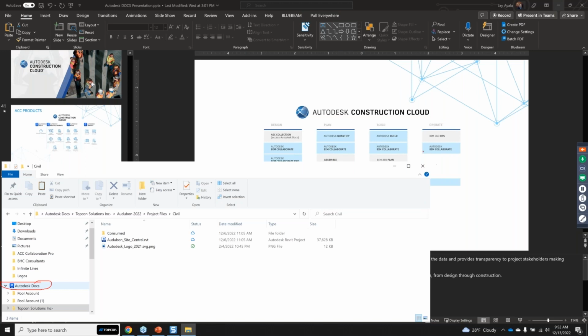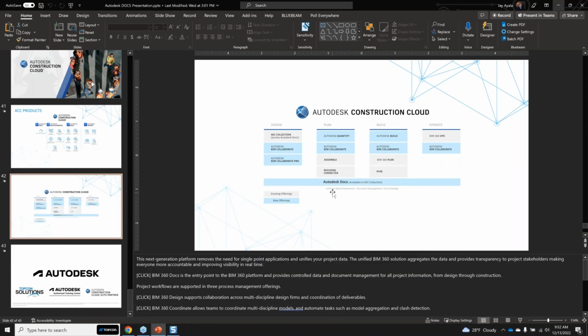Here you see that we've got Autodesk Build, and it's on top of the Autodesk Docs Cloud. Here's Autodesk Docs. It's a common data environment. So not only can we leverage Build, but we can also do the design with Autodesk BIM Collaborate Pro. Those of you who are using Revit to do your designs, the architects, the structural engineers, the mechanical engineers, the electrical engineers, the fire smoke damper and fire sprinkler engineers, they all use Revit. And if they're using Revit,